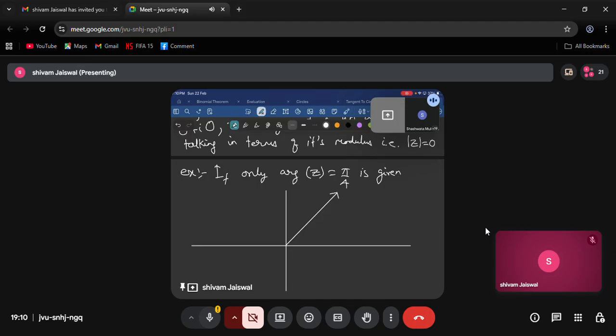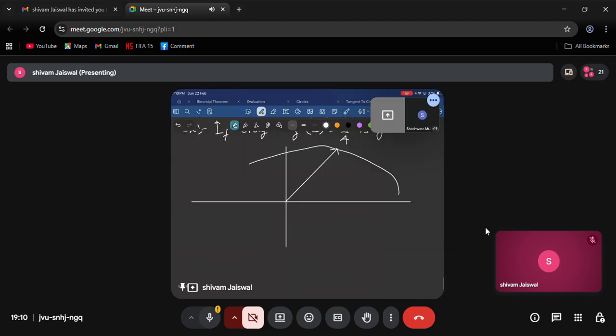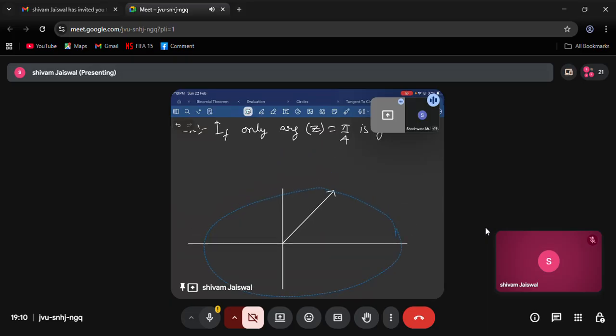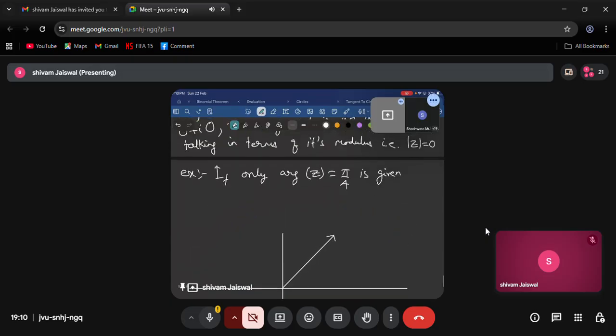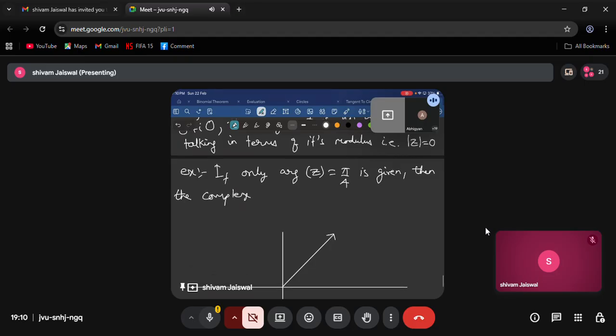Write it down. If argument of z is equal to pi by 4 is given, those who are online, are you getting it? What does argument of z equal to pi by 4 represent? Then the complex number will lie anywhere